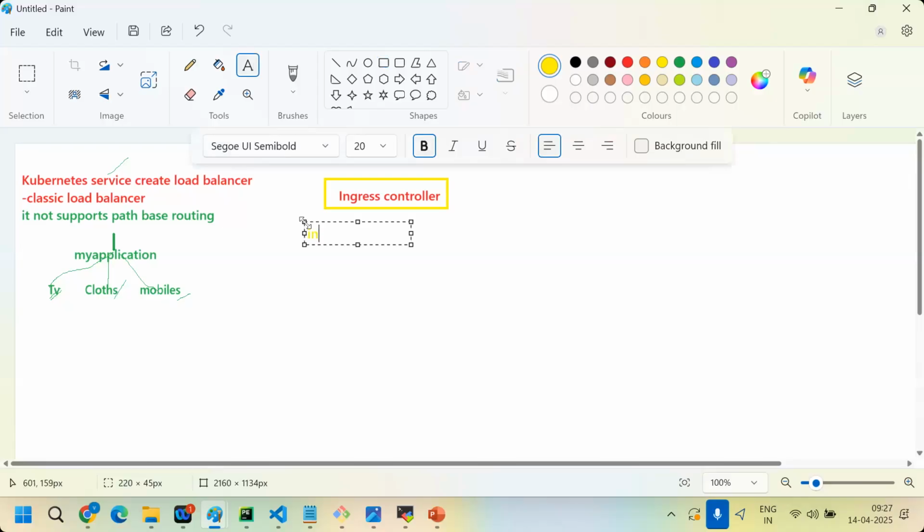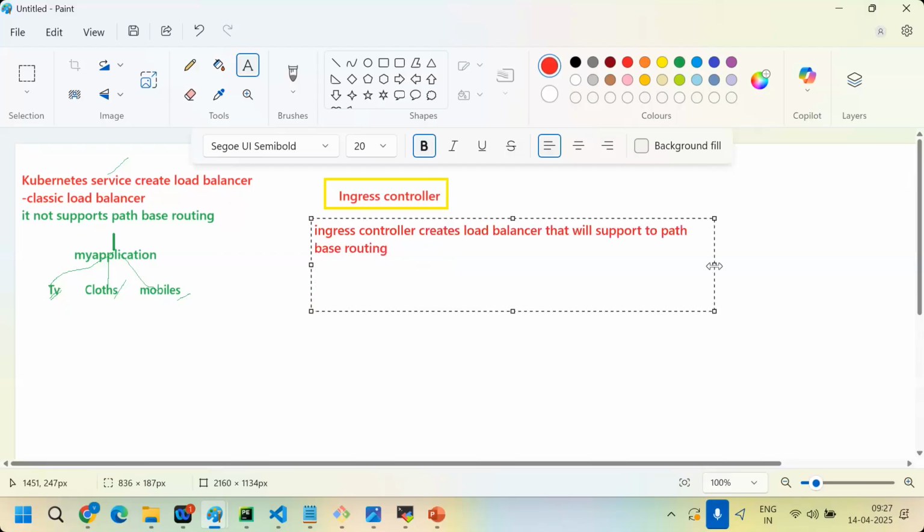So here the ingress controller creates a load balancer that will support path-based routing. You will get clarity in 20 minutes. Focus, okay?